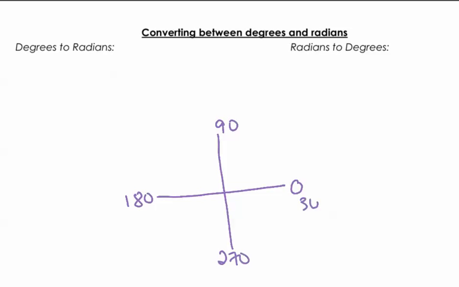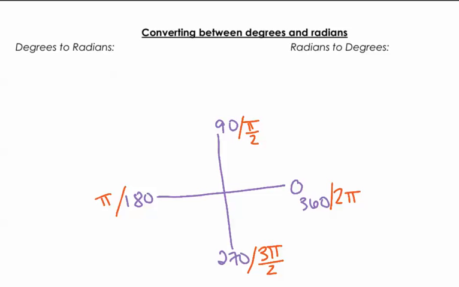I'm going to show you how to convert between degrees and radians. But first, I want you to go back to the angle measures: 0, 90 degrees, 180 degrees, 270 degrees, and 360 degrees. And I want you to recall the radian measures: pi over 2, pi, 3 pi over 2, and 2 pi. So it's just a way that you are counting measurements around the circle,